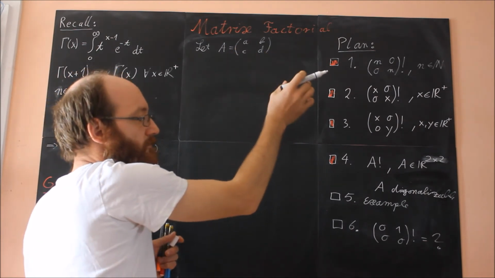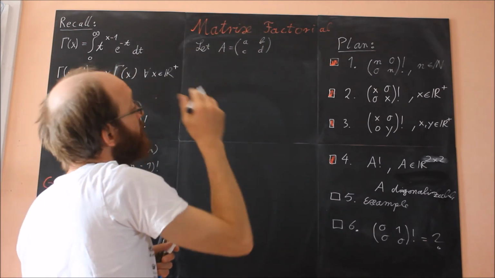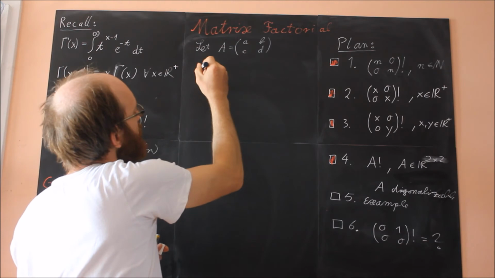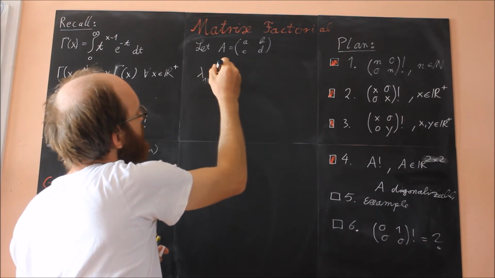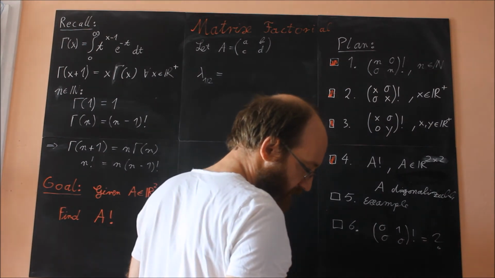They are the zeros of the characteristic polynomial. But we will not go through all the details. What we get as the final result is